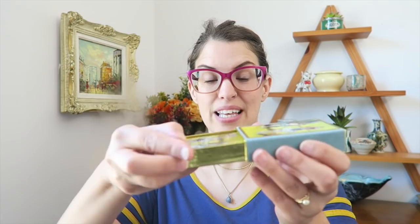Oh, it says Canada, 1 pack, so I guess the cards were made in Canada. So that's kind of neat. So I'll just tuck that back in there, but I just really liked how it was sort of like an all-in-one box there. So got that there, and then I went across the street, and this I think was my favorite yard sale